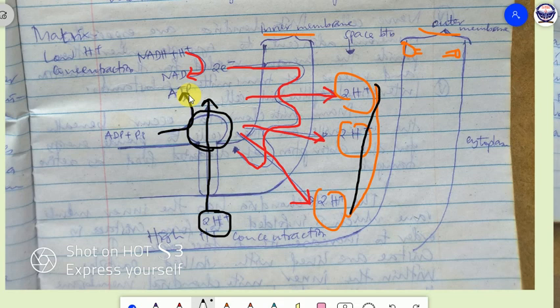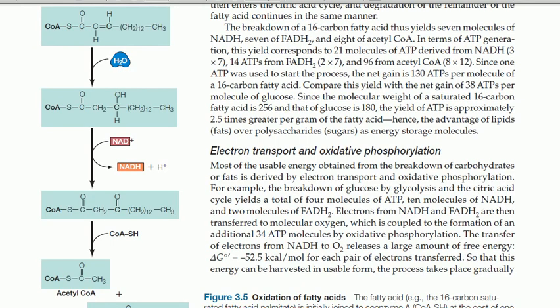Lakini I want to show you the book and I hope utaelewa zaidi hicho ambacho nakielezea. So this is our book. Na hivi ndivyo ambavyo unaweza ukaona. Sasa nataka nielezee kidogo kuhusu kile ambacho kilikuwa kinaelezwa kule. Kwa huku kwenye kitabu wameeleza maelezo mengi kidogo as compared na kule kwenye notes, lakini nashauri tu maelezo kwenye notes yale yanakutosha for your level. So I will explain some of the few details ili uweze kunielewa, lakini that is how electron transport chain inatokea